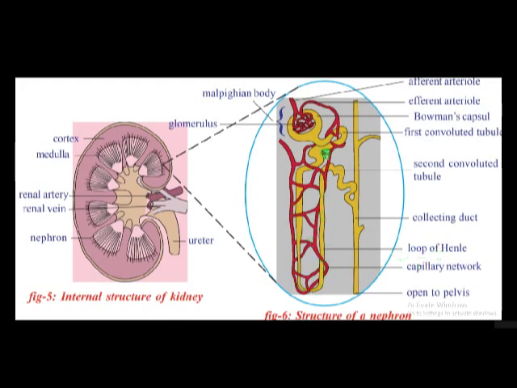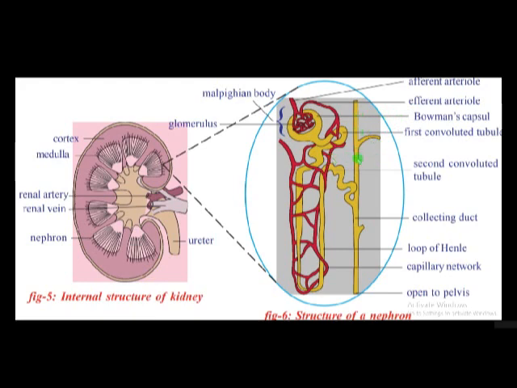And the next portion is called distal convoluted tubule, DCT. It is also called second convoluted tubule. This distal convoluted tubule joins with the collecting tube. This is called collecting duct or collecting tube. Like this, the structure of the nephron is there, and in each kidney, a number of nephrons are there. Approximately more than 1 million nephrons are present in each kidney, and each nephron opens into the collecting tube.